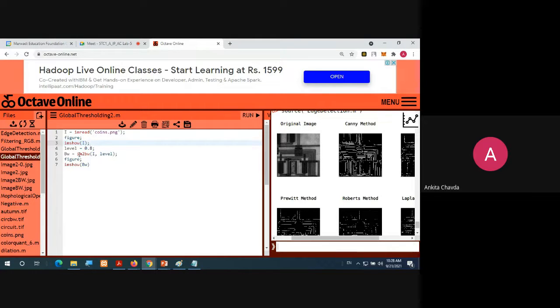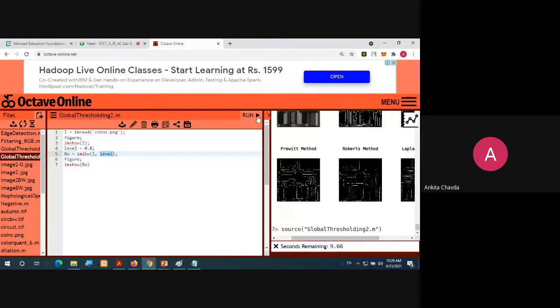So that is im2bw. First we are taking any level over here, that thresholding level, and that value would be between 0 to 1. So that level you are applying over here, and based on that it will convert your image from gray level to binary level. Just see this output first and then you will get to know.